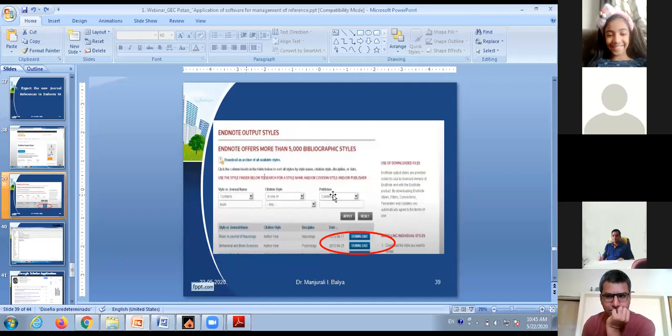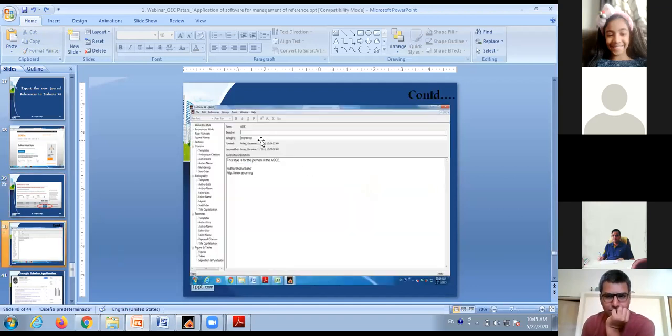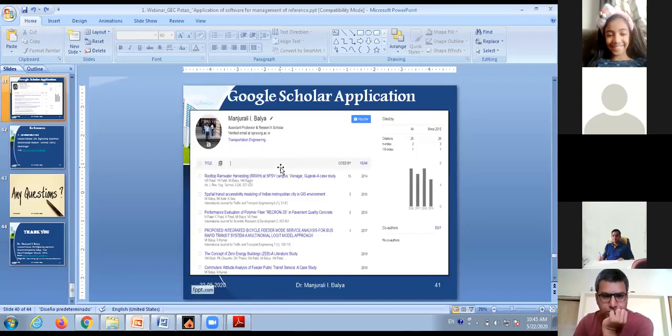When you download that, it asks what name you want to give. Like the journal name, such as Transportation Engineering or Civil Engineering, anything else you can put, and you can push the close button, then it will be there. So this is our 7th step. This is the whole procedure of the EndNote export.